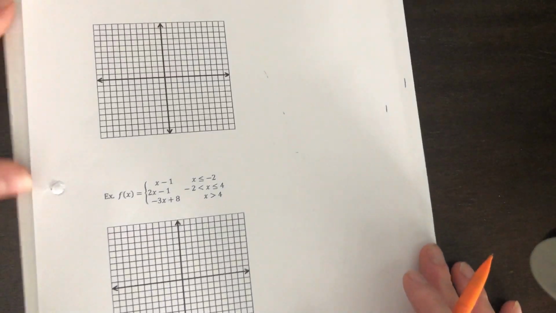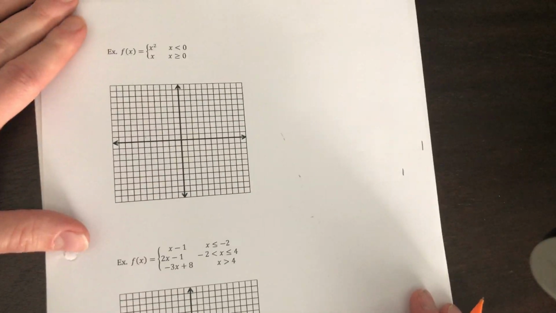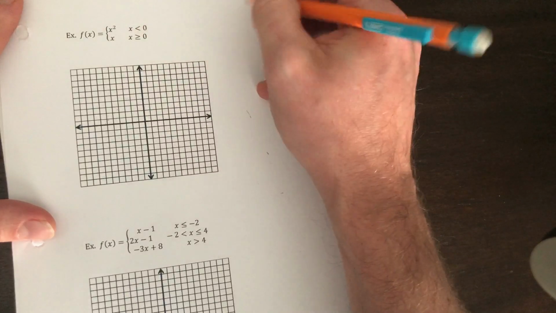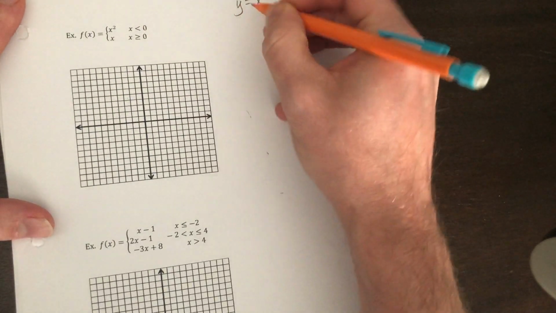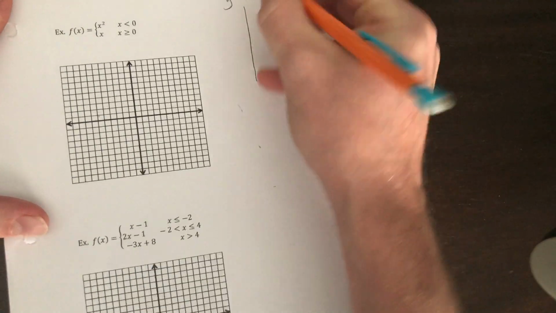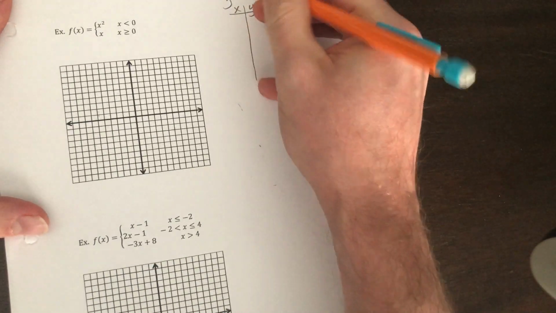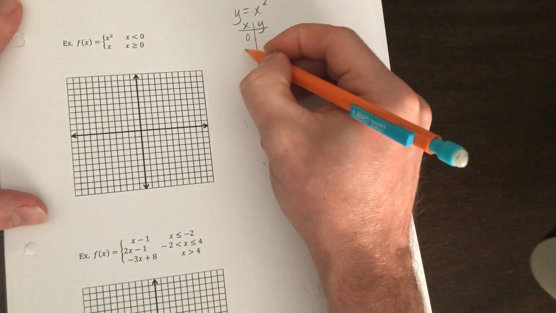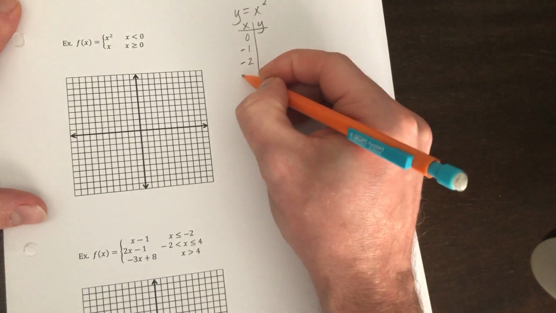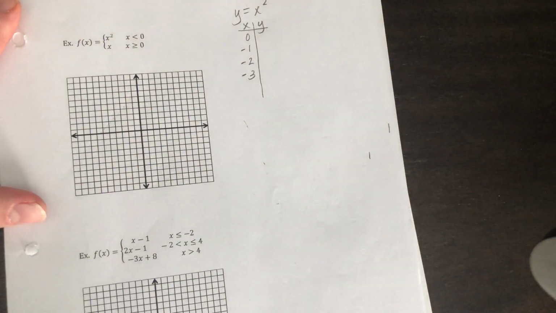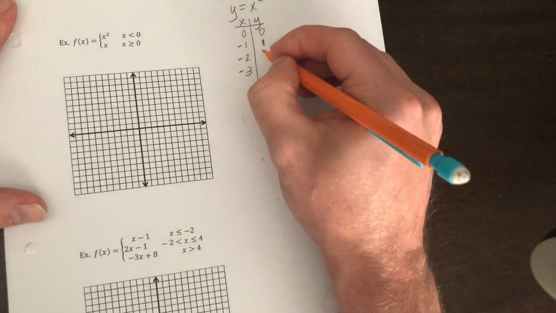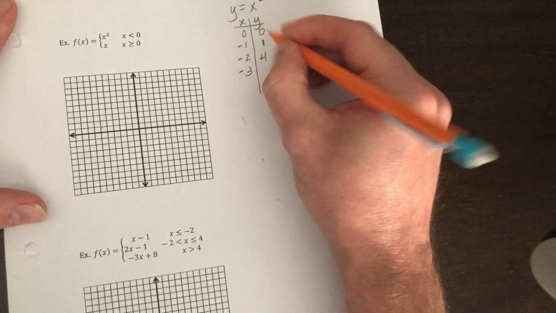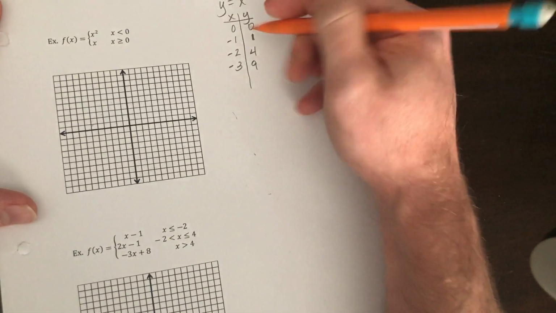Okay, we've got 2 examples left. Okay, so we're going to prove the continuity of x is equal to 0 for this one. So y is equal to x squared, and we're going to pick values less than 0. Okay, so we're going to start at 0, 0, -1, -2, -3. So if I plug in a 0, you get a 0. Plug in -1, you get 1. Plug in a -2, you get 4. Plug in -3, you get 9. Okay, it's going to be open